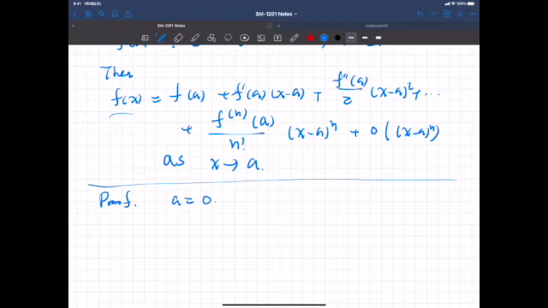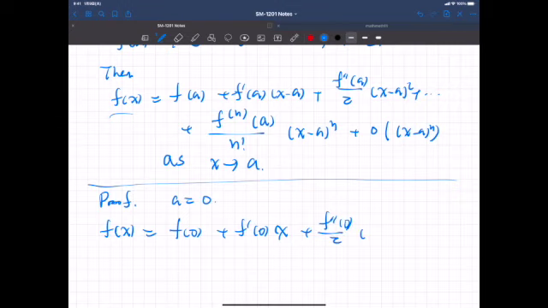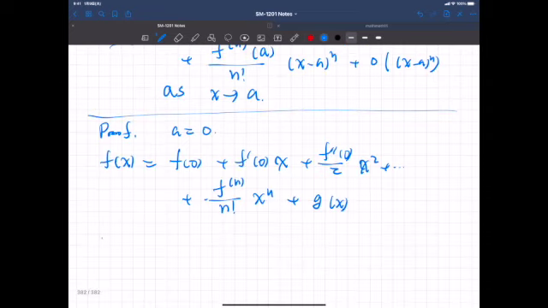If that's the case, we have f of x equals f of 0 plus f prime of 0 x plus f double prime of 0 over 2 x squared and so on, and f to the power of n at 0 over n factorial x to the power of n plus some function g of x,